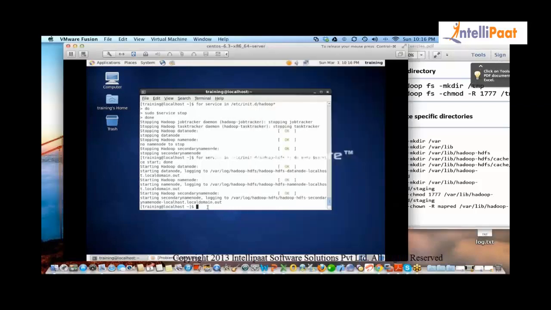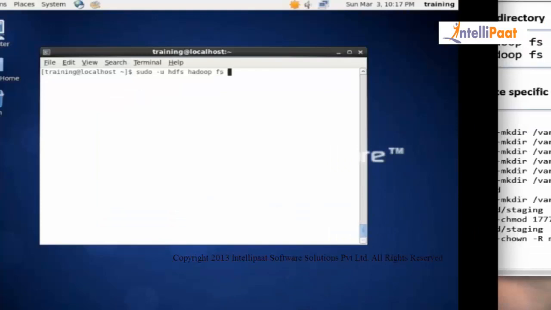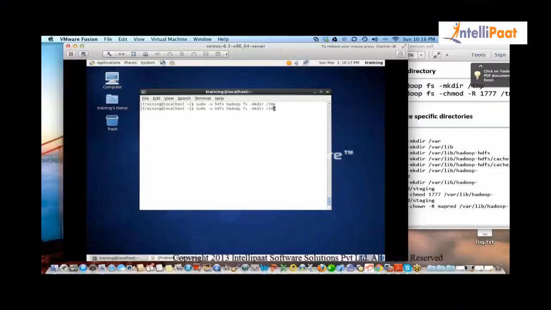Now let's create a temporary directory. The next steps, step 7 and 8, are to create some directories for Hadoop to use. You as a user will not be playing with these directories, but Hadoop needs them to work with. So as a super user, please create this directory for me. And then I say, please relax the permissions, with sudo chmod 1777. I'll tell you what that one is.